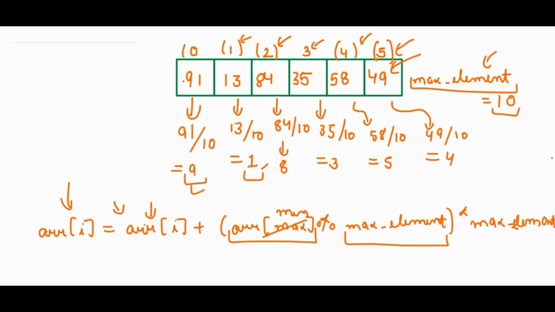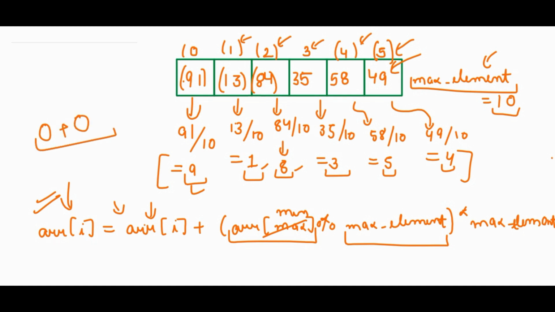Max element, then 1, which is min element, second max element, second min element, third max element, third min element. This was the output we need. So this becomes very easy. First of all, we will use this logic to get these values. We have just integrated the original value that was present here plus the value that we need on that index. This is what we have done with this logic, and after that we have divided it by the max element to get the value that we need here.